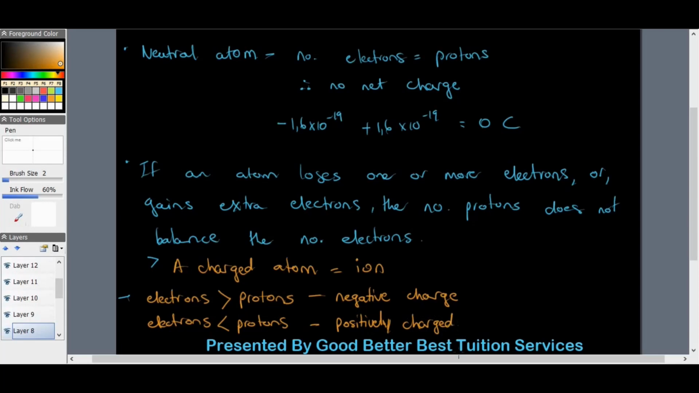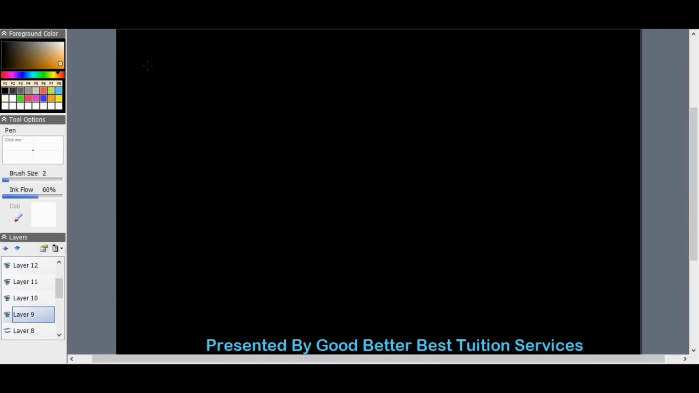Does that make sense? Now, we've been speaking a lot about positively charged and negatively charged and understanding how they all happen. But the next question is, what happens when we bring two objects together? Very interesting question. When two objects come into contact,